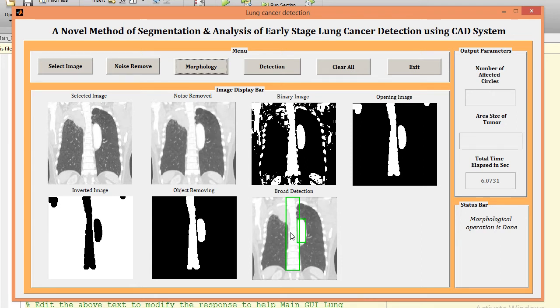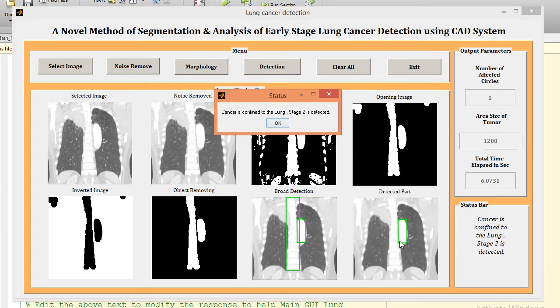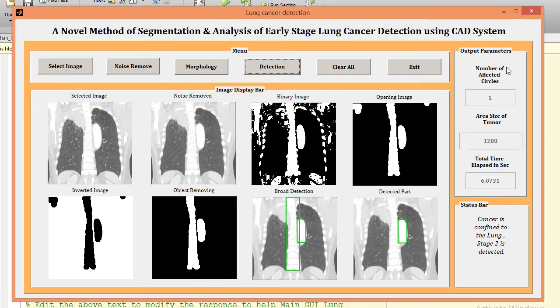Now we have to detect the accurate area of the lung cancer. Now just click on detection. So this is my affected area of lung with cancer. Now we have a status like cancer is confined to the lung, and this cancer is on the second stage. Just click on OK.